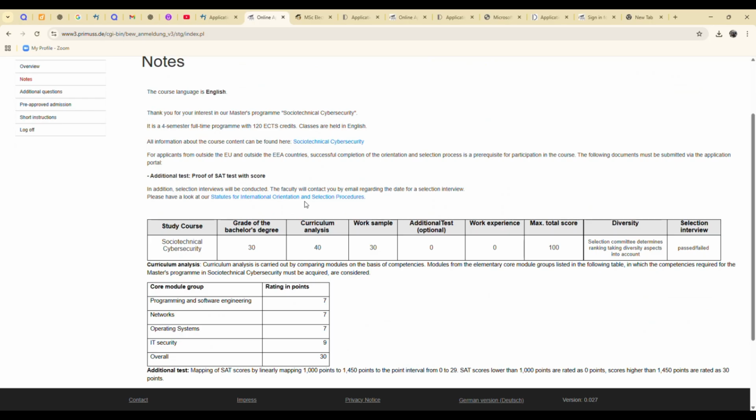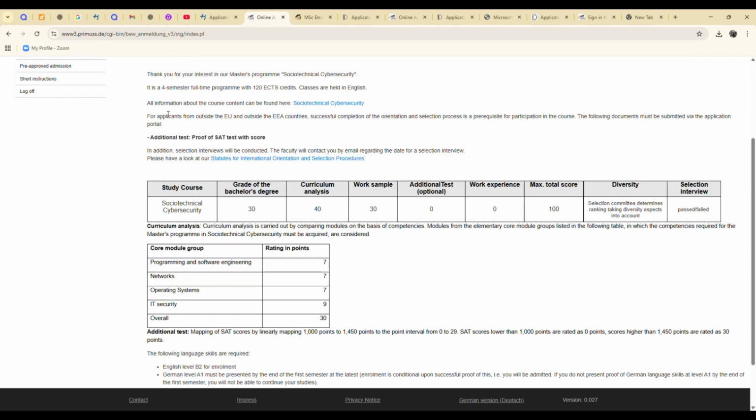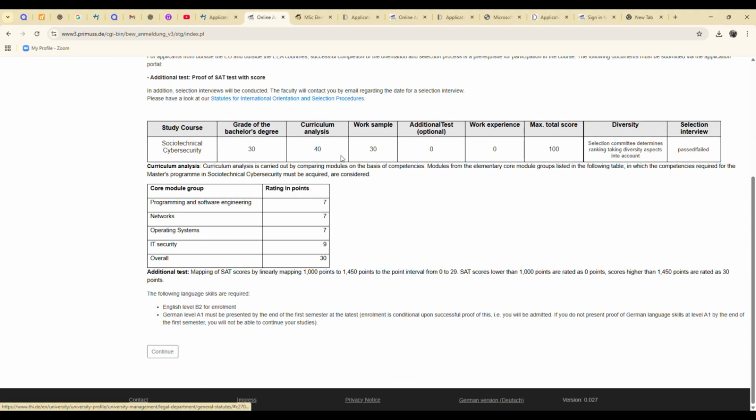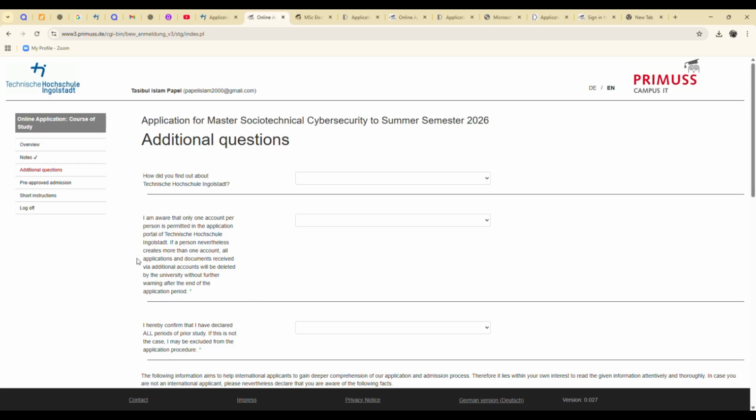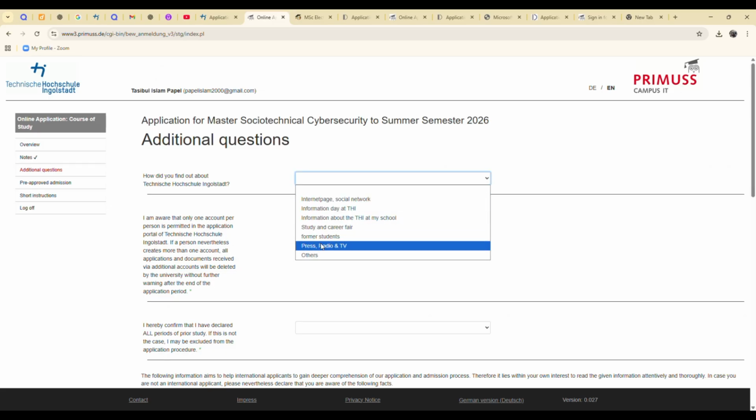So they are giving you information about the courses found here. In addition, the selected interview will be contacted. The faculty will contact your email for the interview. Please correct the state of information. Maybe then you will continue here. Try to read out all the details, and from here,